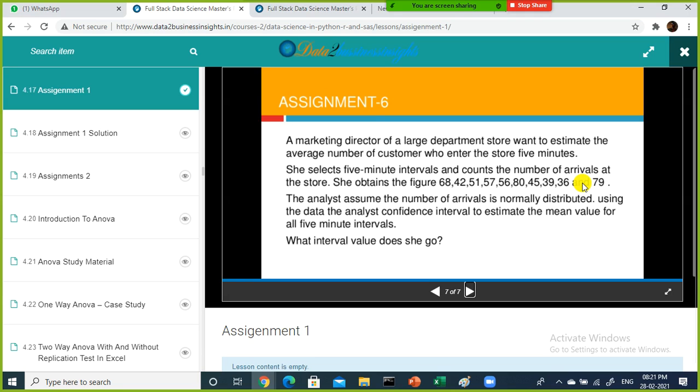You multiply the critical value with sigma divided by square root of n to get the margin of error. To find the lower control limit and upper control limit, you subtract for the lower limit and add for the upper limit. So this is a very simple one.